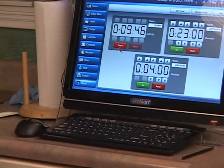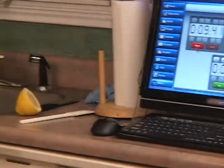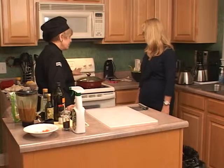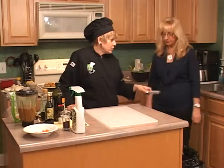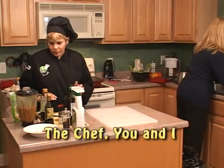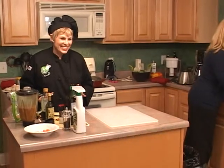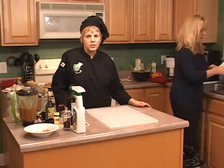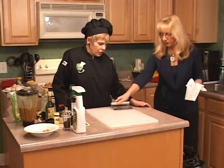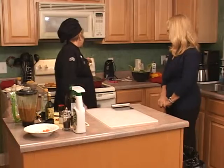Now we're watching how many minutes we have left on the chicken. And we're just going to let that simmer for a few minutes until it's done. In the meantime, if you could rinse this off for me, I really appreciate it. Now we're going to make it easy on the peas. The peas are frozen peas that I've already put into the microwave for a few minutes, and we're going to serve them with that. And as soon as this, actually I want to get this up to a boil,